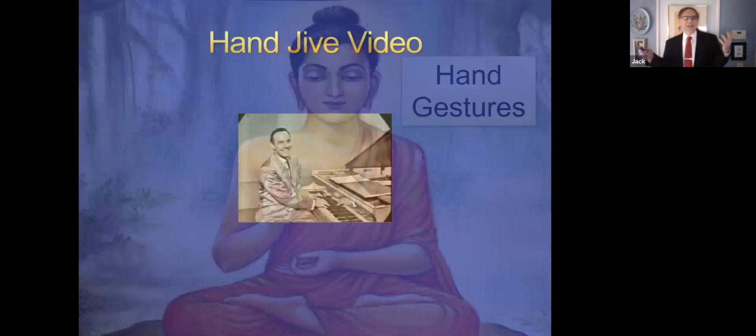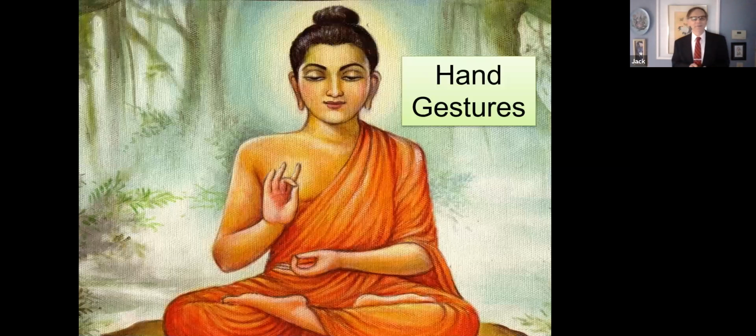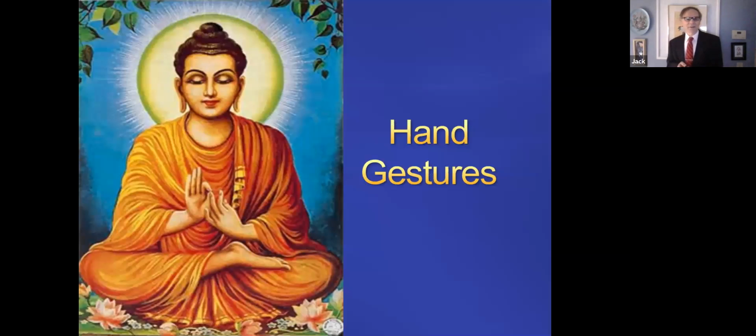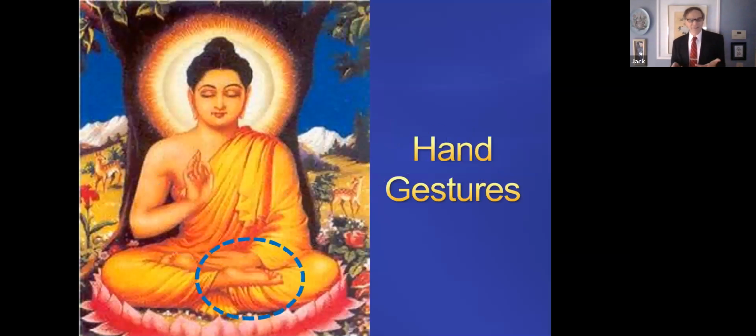Well, the Buddhists have their own idea of hand jive, right? Their paintings very much have these different types of hand motions. You can see here doing something with the hands. Look at this other painting, doing something else with the hands. Over here, you can see they even bring the feet in with the hands to do some type of gesture. So what's going on with this type of Buddhist hand jive they put into all of their paintings?